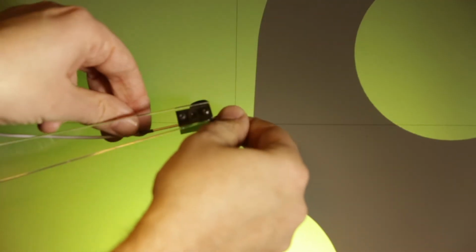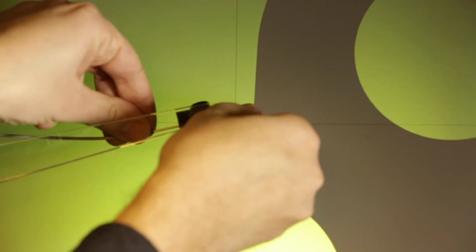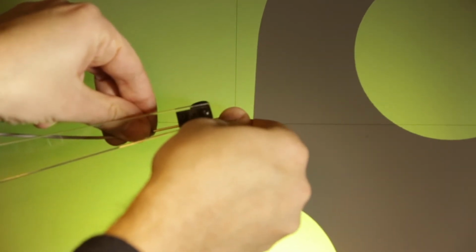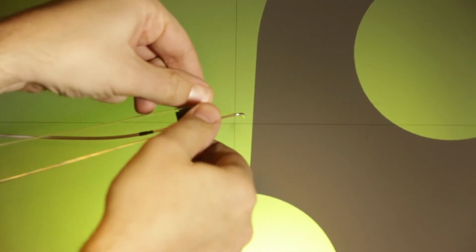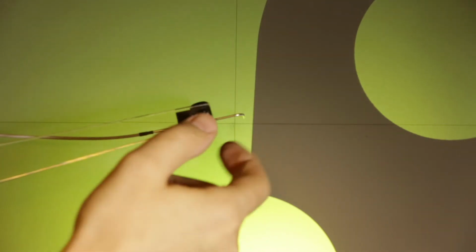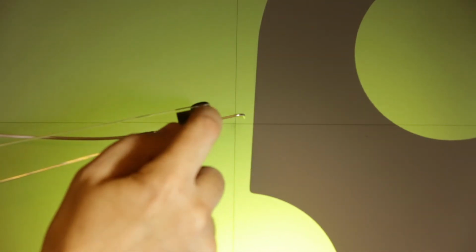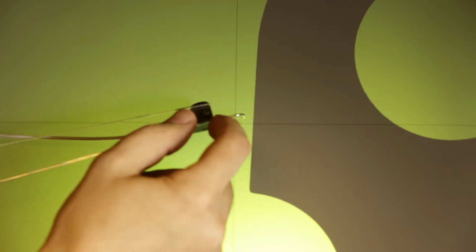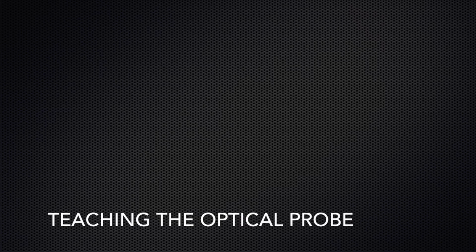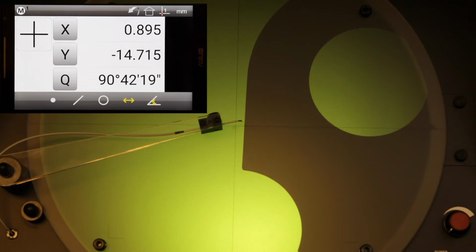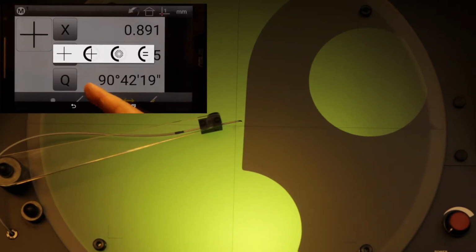Once the optical probe is touching the surface of glass, ensure that it is fully touching the glass surface, and then tighten the set screw. There should be no gap between the glass and the sensor. It should be sitting flush to the surface of the glass. Now that we have the optical sensor positioned correctly onto the glass screen, we're going to first teach the edge